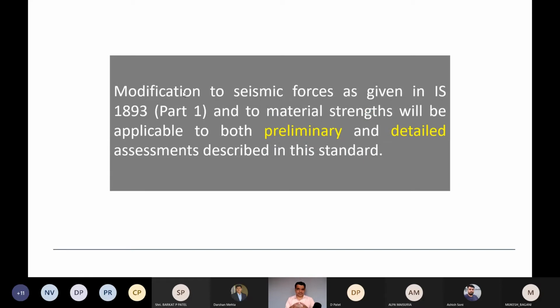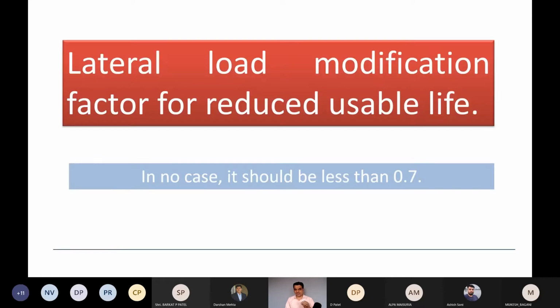So that's why this is one of the important parts mentioned here. We'll get into the subsequent slide, but modification to seismic forces as given in IS 1893 and to material strengths will be applicable to both preliminary and detailed assessments described. So what is happening? There is a factor introduced which is a lateral load modification factor for the reduced usable